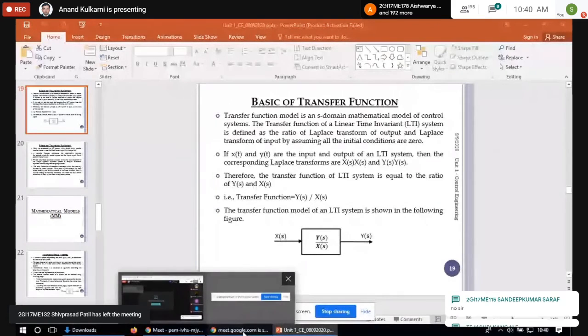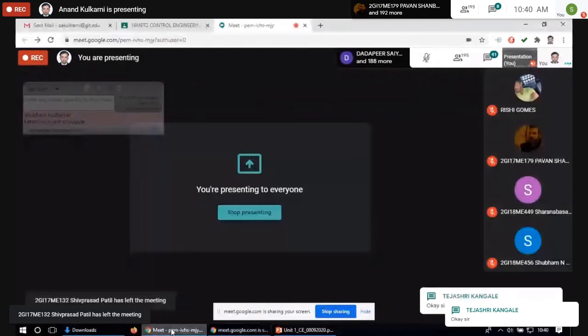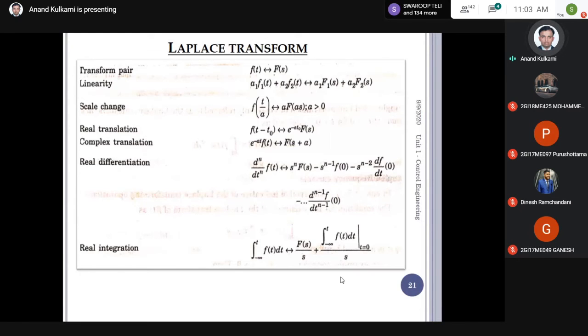Okay, so we'll stop. We want only elementary things about this Laplace transform, nothing more. See, one approach of transfer function is through Laplace transform. Another approach is through Z transform. Electronics students and computer science students are much more familiar with Z transforms because they frequently come across resistance, capacitance, inductance and all. For them, using the Z transform method becomes easier.